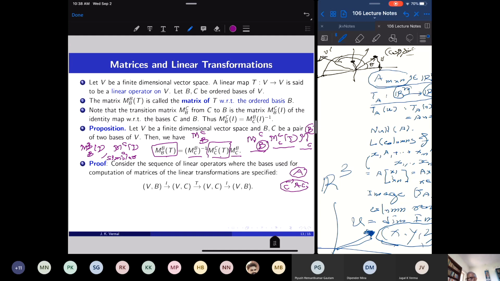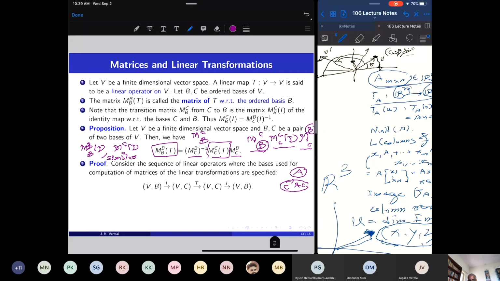There are many properties which are common between similar matrices, and this proposition is saying that the matrix of a linear transformation with respect to two different bases are actually similar matrices. They will have many properties in common. So the linear transformation can be studied with respect to a carefully chosen basis, so that its matrix turns out to be simpler. And this proposition is saying that actually the properties of the matrix are one and the same, because these matrices are similar.